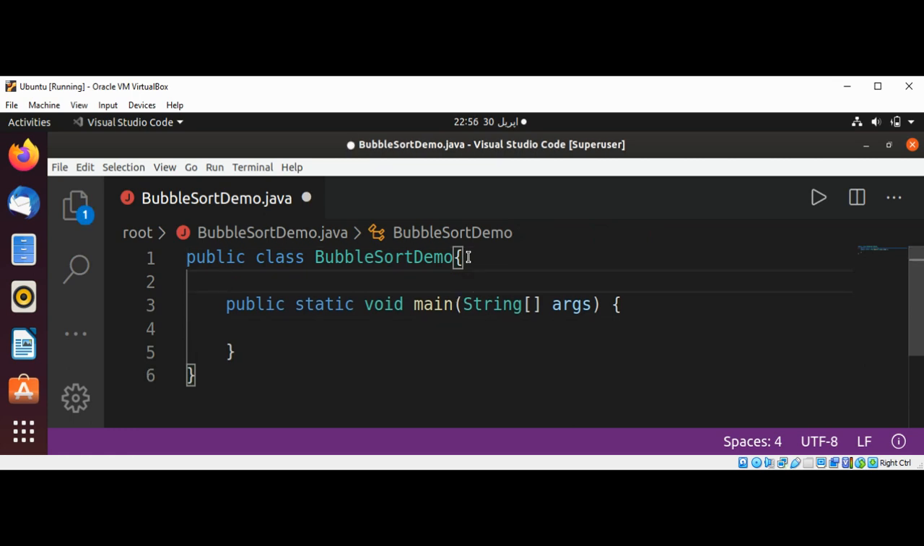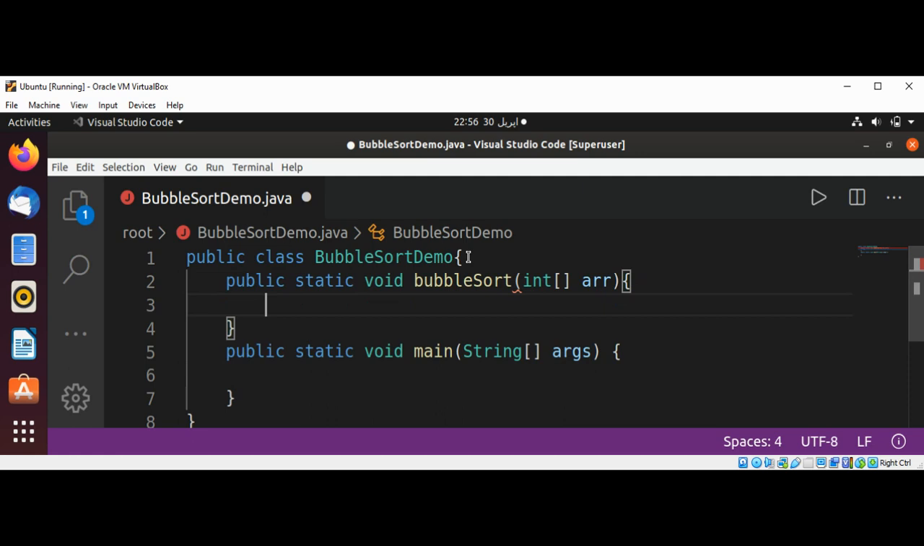Public static void bubbleSort, and it takes an integer array, and I will name it arr. And then I will get the array size, int size set to arr.length,